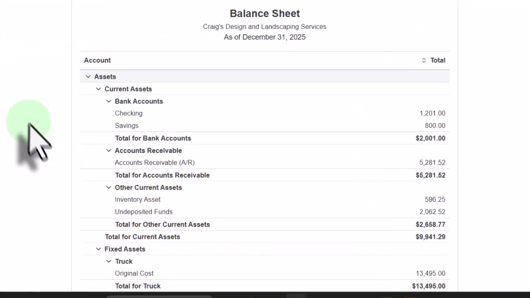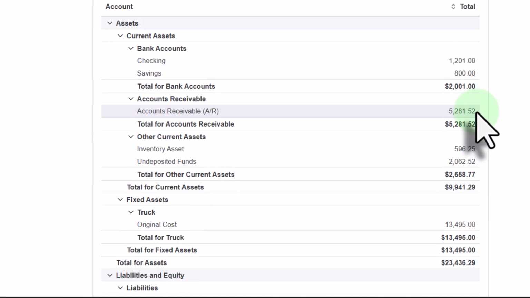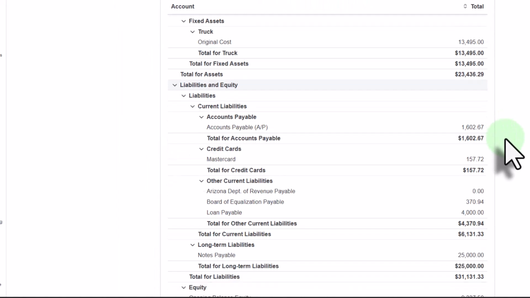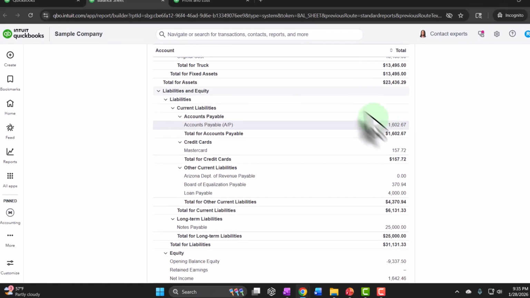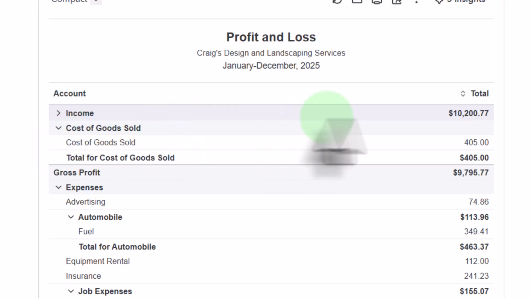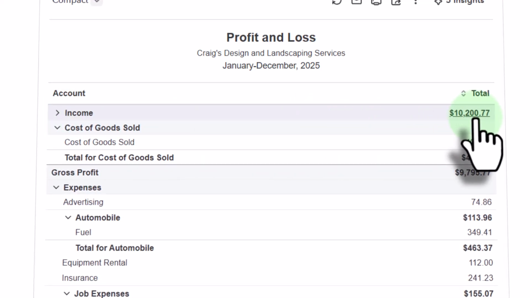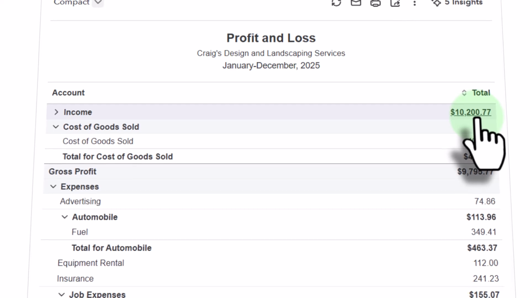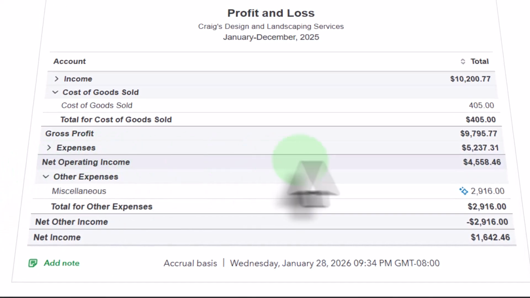So let's go back on over to the balance sheet. We said that we have the accounts receivable and we have the supporting information of the accounts receivable broken out by customer. Similarly, we've got the accounts payable that's going to be broken out by vendor in a subsidiary report. We also have on the profit and loss the income total line item, which could be broken out. We saw subsidiary reports by customer or by product, and the expenses, which could be broken out, for example, by